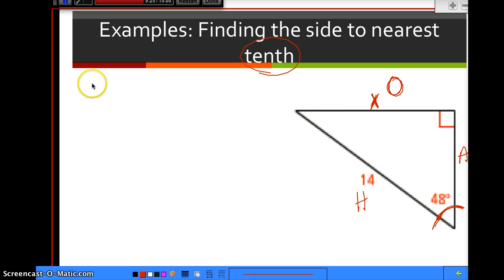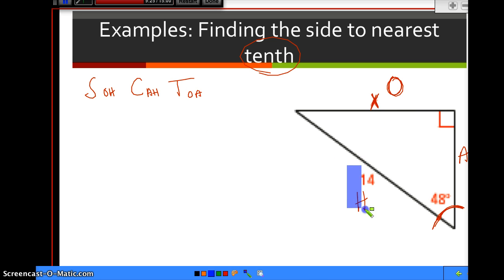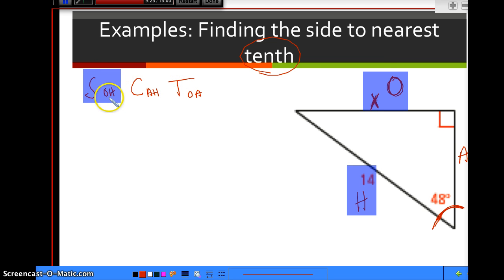So which trig function? Sine is opposite over hypotenuse. Cosine is adjacent over hypotenuse. And tangent is opposite over adjacent. So if you look at this, because I'm given the hypotenuse and I'm looking for the opposite, I have to have O and H, which would be this guy right here. So that means I have to use sine of what angle did they give me? 48 degrees